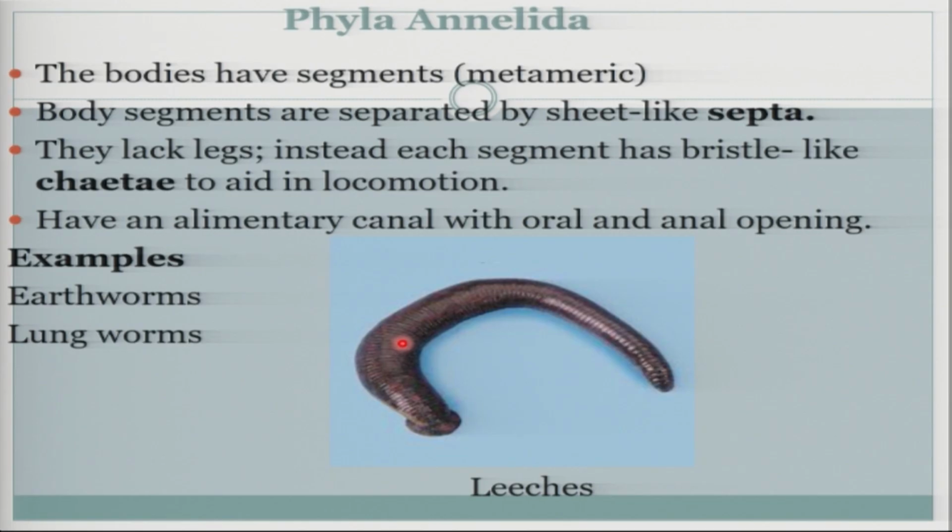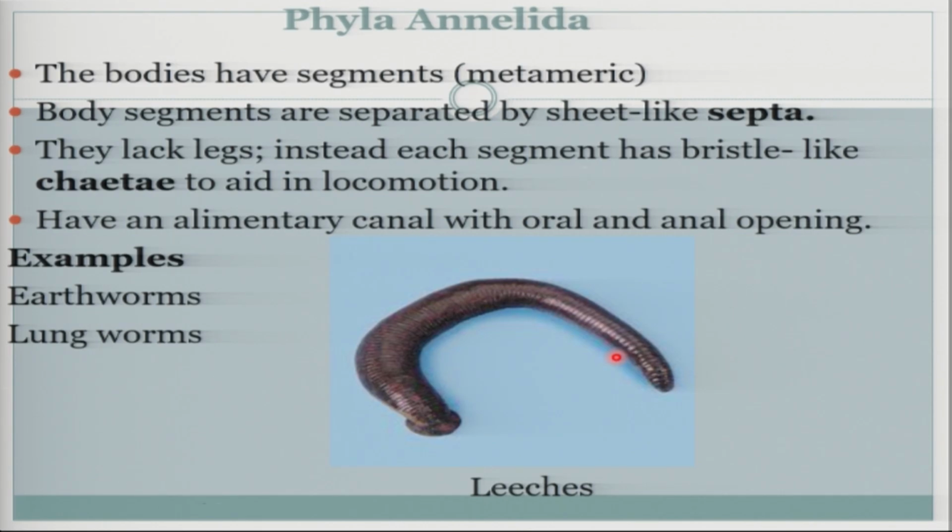All right? They lack legs. They don't have legs. Instead, what helps them to move is what we call the chitia. There are small things here, and the lower, small things down. You can't easily see them, but they are here. If you look carefully, down. Those are chitia that help them to move, because they do movement, they locomote from place to place. So there are some crystal, kind of, that help them to move.